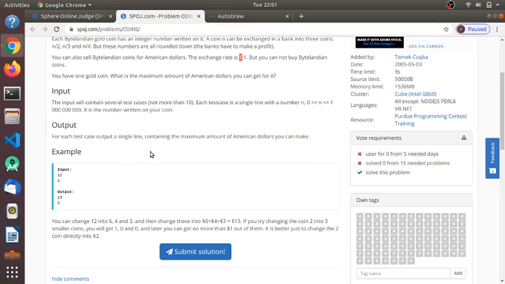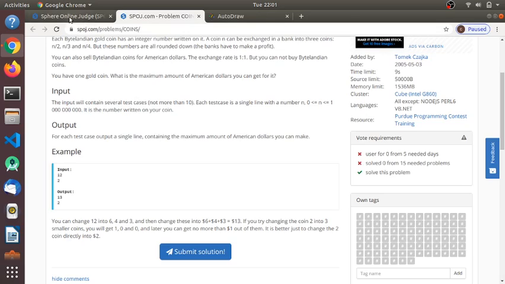If you observe, the input will contain several test cases. Each test case is a single line with number n. The number of test cases is not given. This is a running stream, right? You don't know exactly how many inputs they can give you. The maximum they are saying is 10 test cases, right? So you have to run your function or whatever logic you want to do till they are supplying you